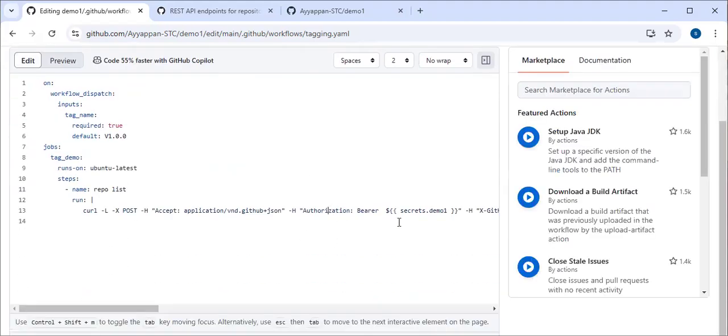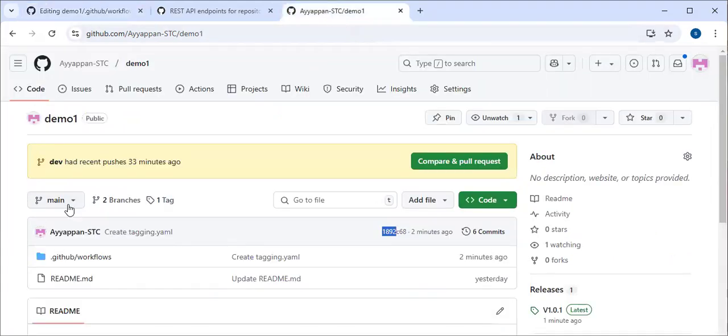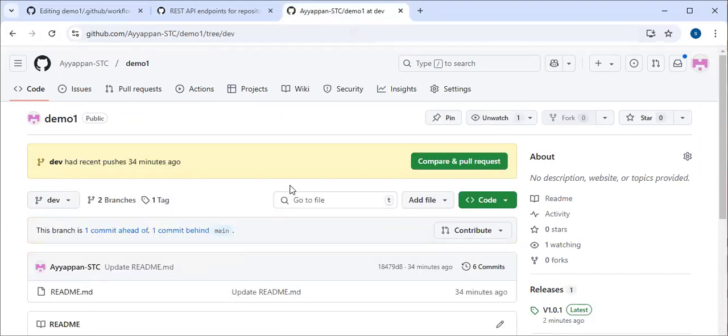Okay, in this API call, tag name, the reference point. See, target commit sha. This is nothing but which branch reference you need to use for this tagging. Before editing, I'll show you. I have one more branch with a different commit, 1847,